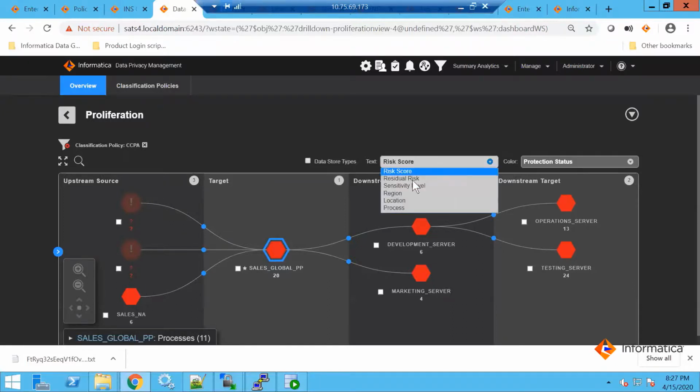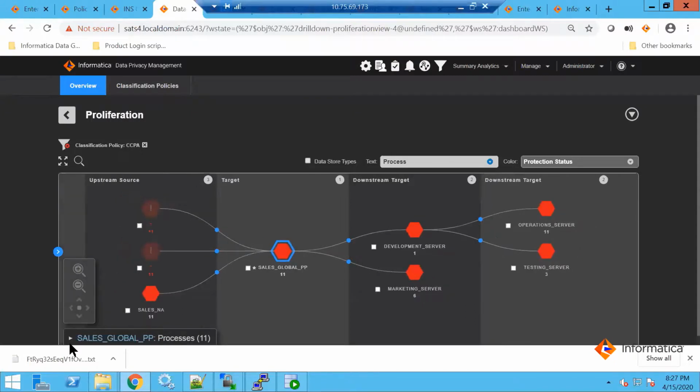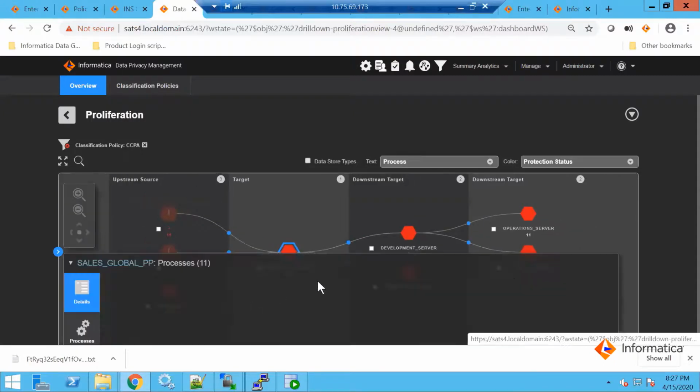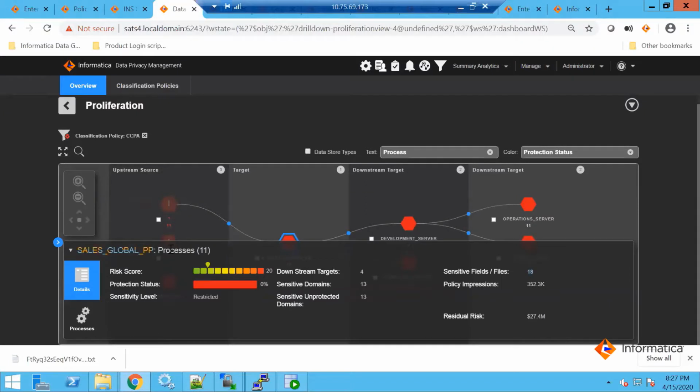I can see a lot of things here. I can see the residual risk associated with these data stores, their location, from where these data stores are located, how data is proliferating, and what are the processes associated with them. I can easily see that information here. So if I scroll down below,